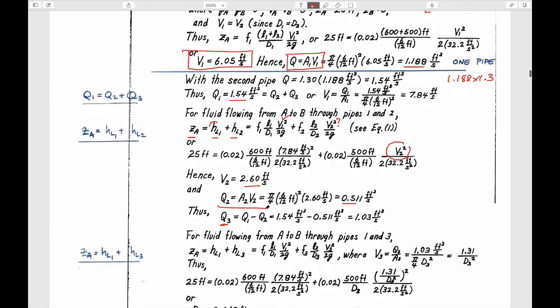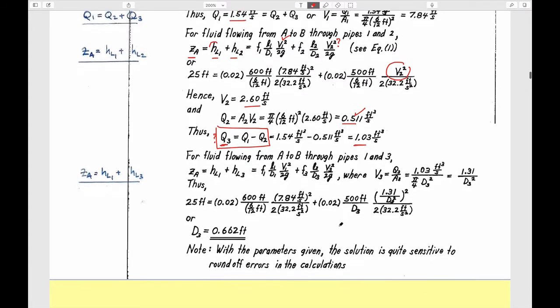So that is this. This is what we want to know, what the flow rate is. And we can write this flow rate within this pipe as being equal to just the difference in the two flow rates, the one coming out of the system out of pipe 2 and the one going into the system in pipe 1. So we can calculate exactly what that is. And so now we know that the